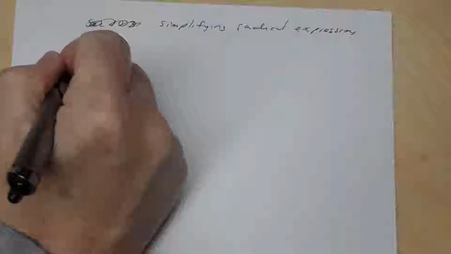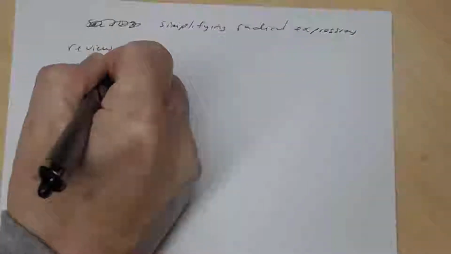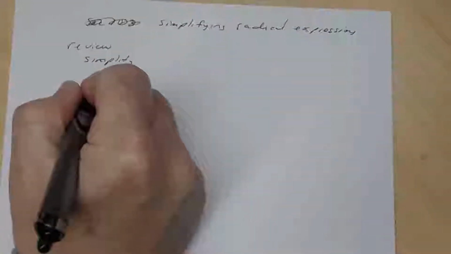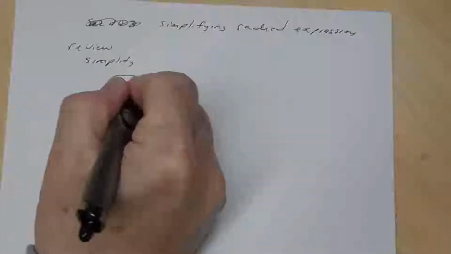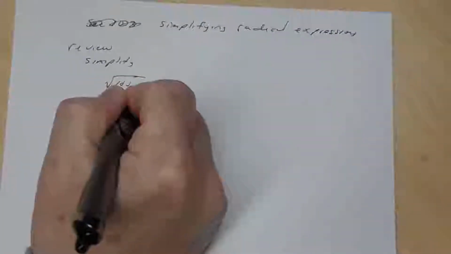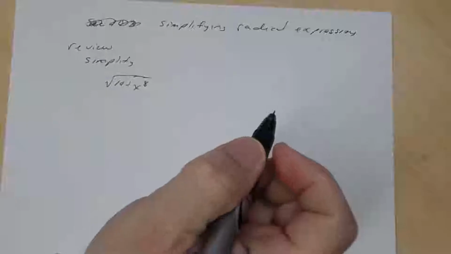Okay, so in this part, we're going to talk about simplifying radical expressions. Now, we've done that before, but with simpler kinds of problems. So, for example, if we look at this example here, we want to simplify this expression: the square root of 100 times x to the 8th power. All right, now remember,